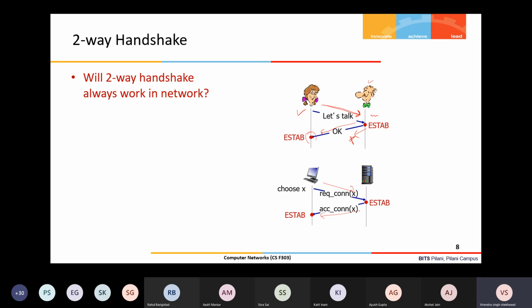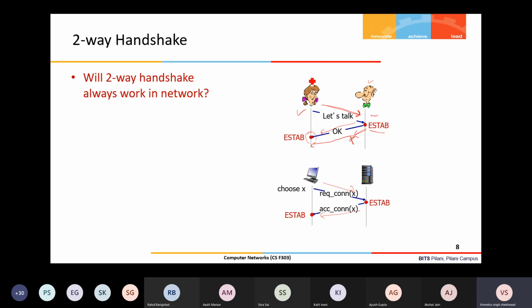I'm not sure about that. And the sender also doesn't know whether the second message has been received or not. So if the second message is not received, then in that case